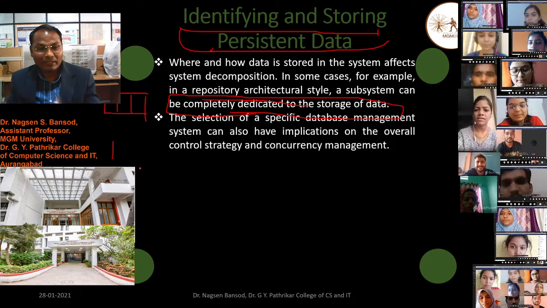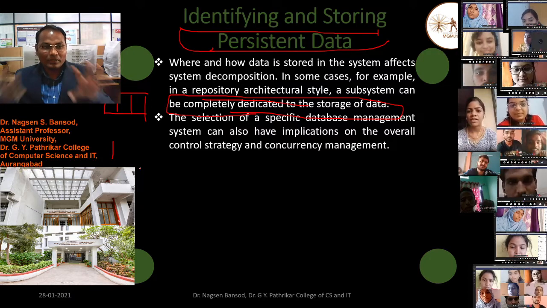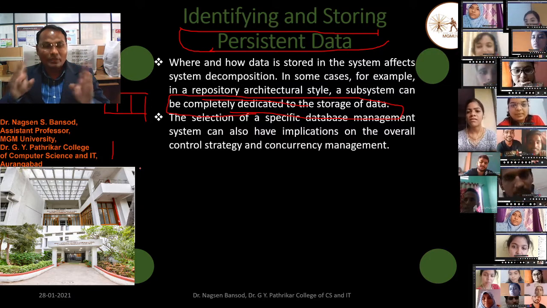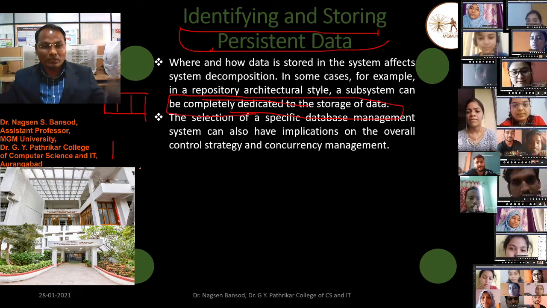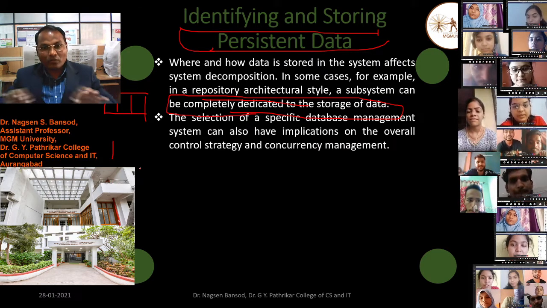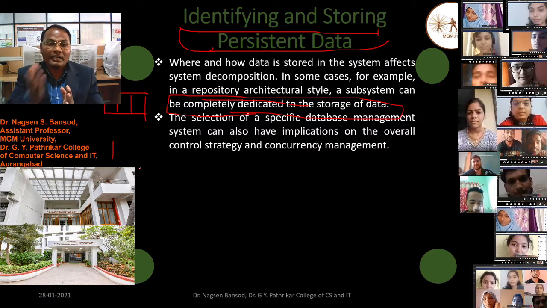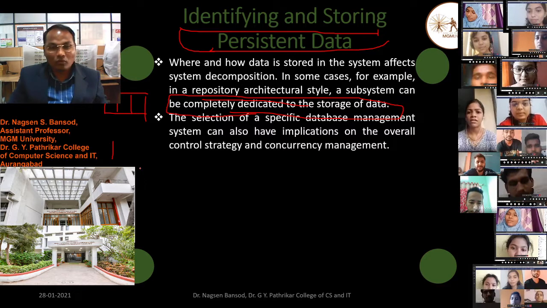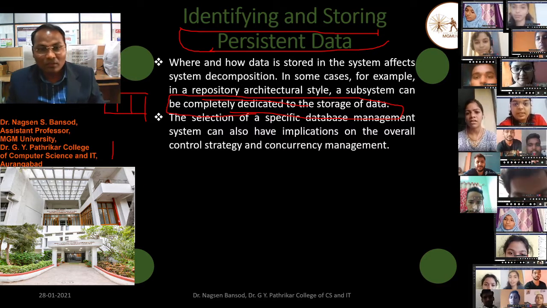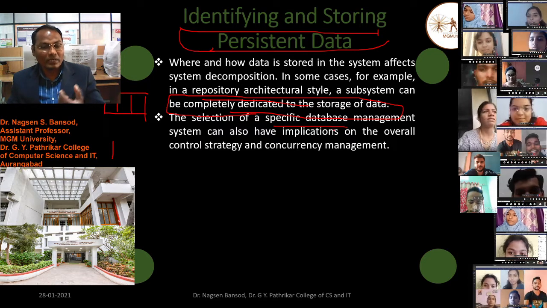For finding that, we just have to find the particular class and particular teacher, not the whole students' information of our college. There is some concurrency management required to exactly identify the information for selecting a specific database management system.